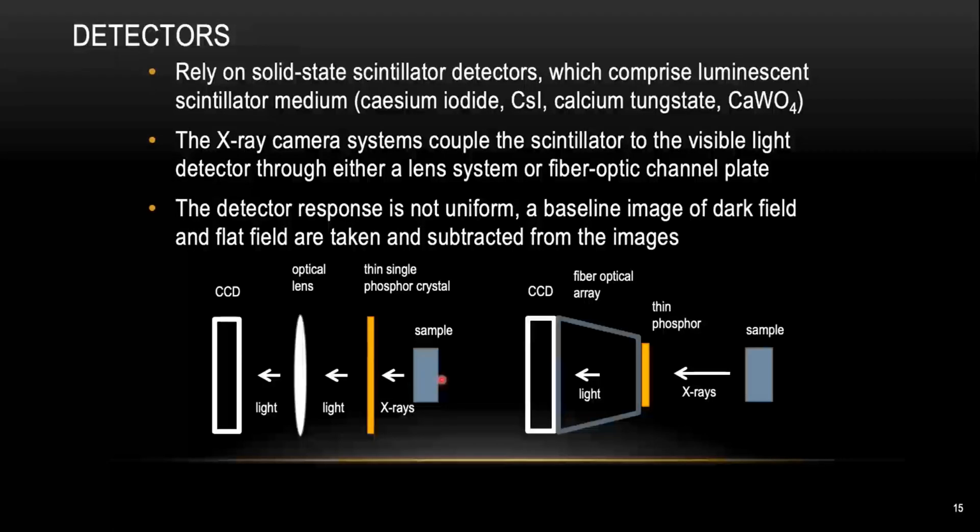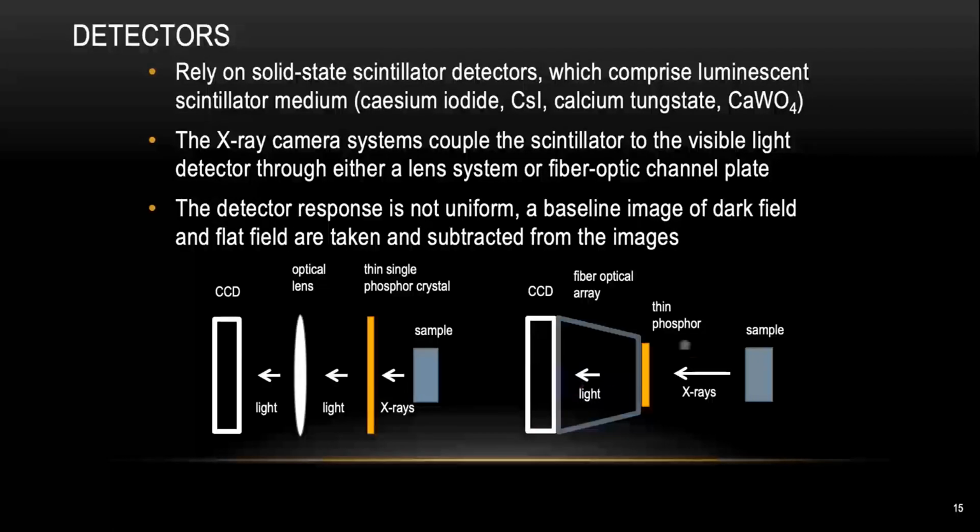And the second major component we're going to discuss is definitely the detector. How does our micro-CT detect the signal from your X-ray beam? We rely on some kind of solid-state scintillator material, mostly composed of calcium iodide or some kind of calcium tungstate. What this material does is absorb your X-ray signal and convert it into visible light. There are two main detectors people use nowadays for micro-CT imaging.